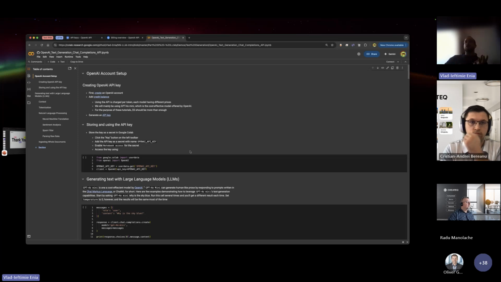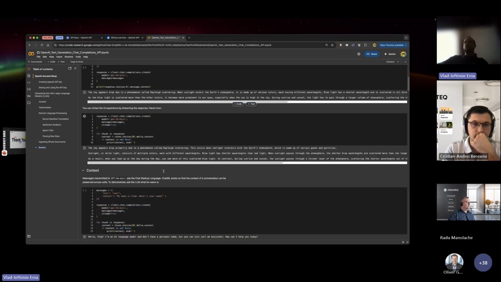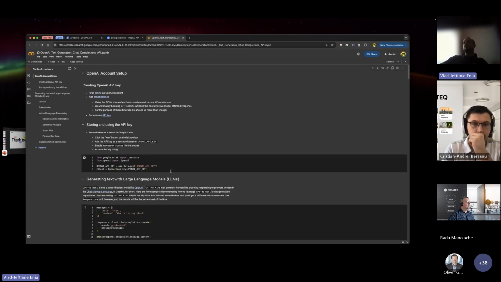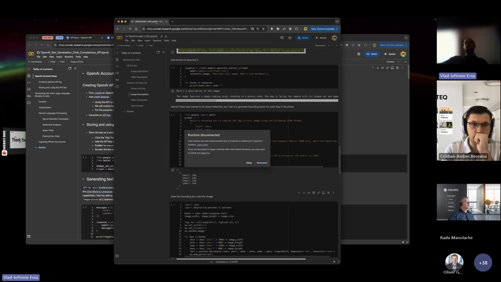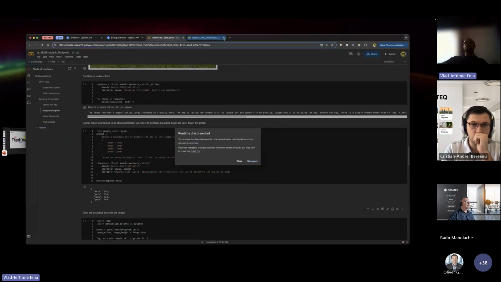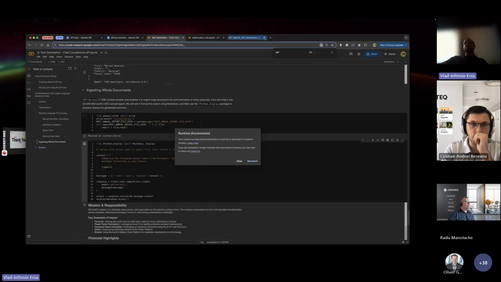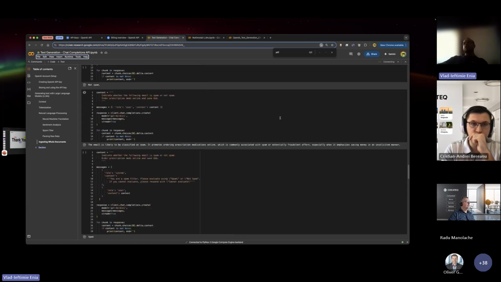You can modify, you can run every cell and everything here separately in your own Drive, and then connect to a runtime and then start playing. Now, let's switch over to my notebook, which is already connected to a runtime.